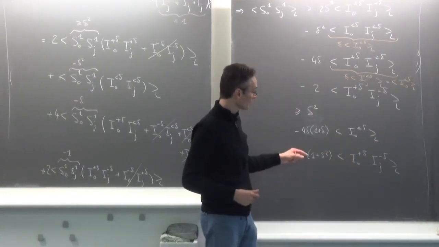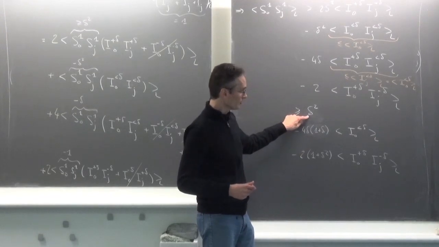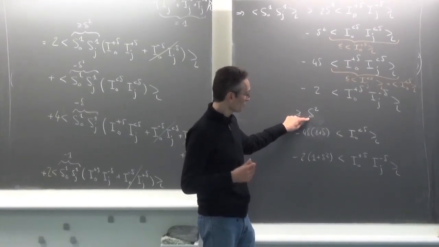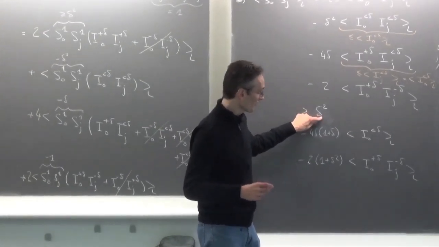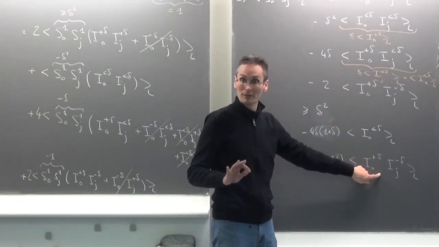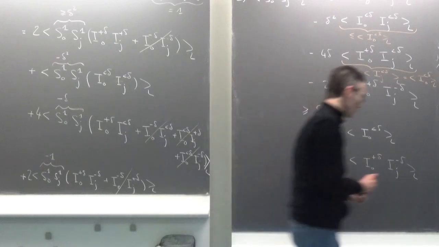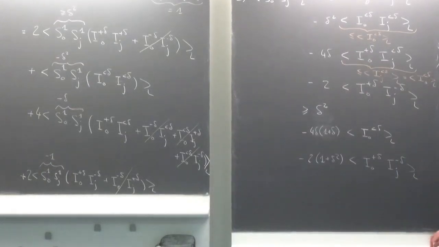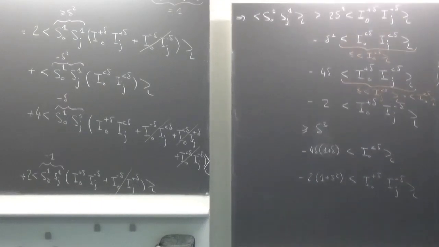So if I can show that for any delta, you fix delta as close to 1 as you want, and I can show that if I choose beta large enough, this is as small as I want and this is as small as I want, I'm done. Okay? And that's what we are going to do now. So there are two lemmas which treat both of these terms.